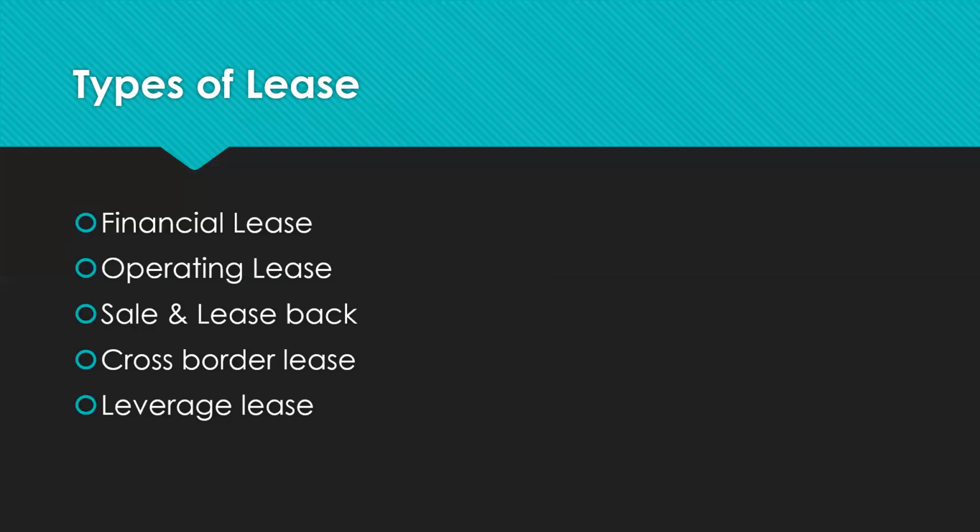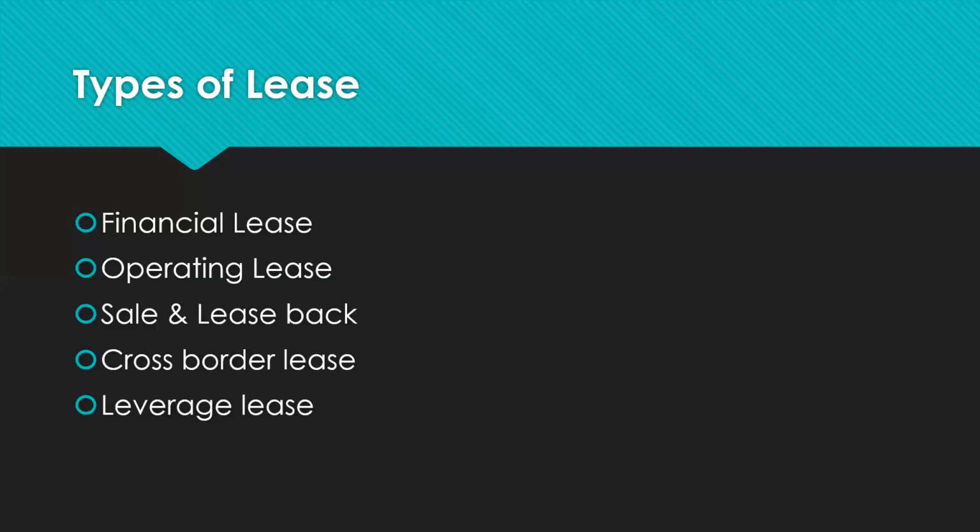So you have got a particular machine in your company. It is worth rupees 5 lakhs. You're going to sell it, you'll get the sales price. And after selling that asset, instead of transferring the possession to the new owner, you will enter into an agreement with that person to take that asset for rent and use it in your business. So you're selling your asset, you're not handing over the possession of the asset, you're only handing over the ownership. You will get the sales price, then you're going to use that asset for rent in your business. You're going to sell it and then lease it back from the buyer. That is the sale and lease back.